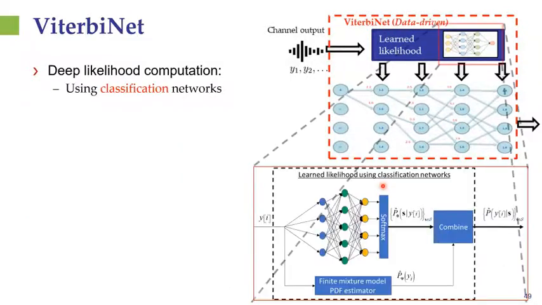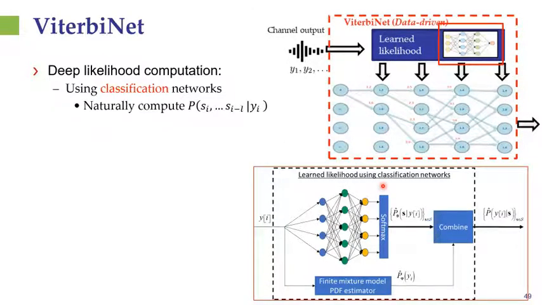First is to use classification networks. Namely, we first use a classification network to compute the conditional distribution of the symbols of the channel input given the observed channel output, and then we convert them to the desired quantity, which is the conditional distribution of the output given the set of inputs which could have led to that, where the Markovian structure of the channel is encapsulated. It can be inferred from the previous quantity using Bayes' theorem.